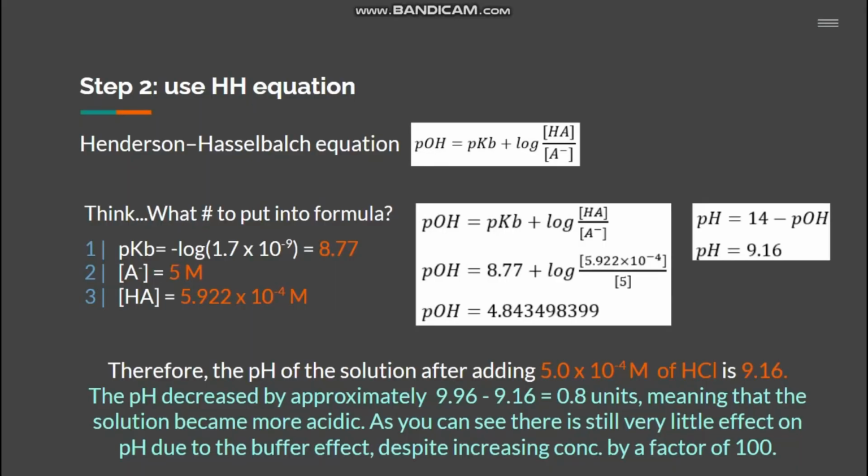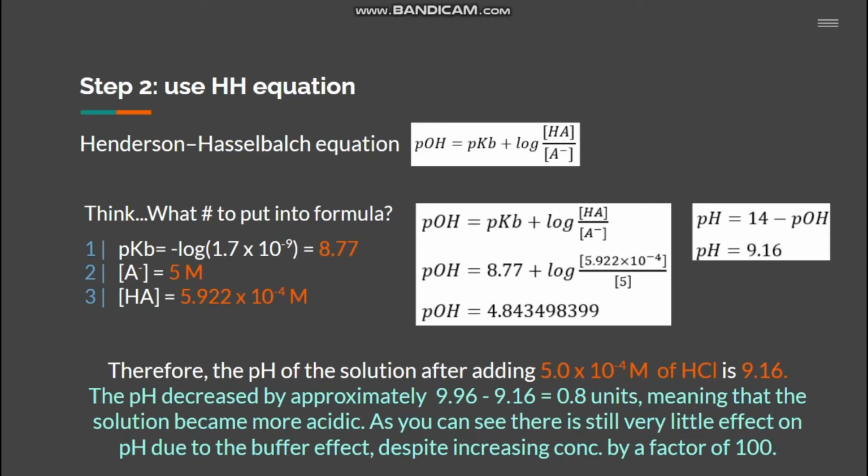pKb value is still constant, and we sub in our A and HA equilibrium concentrations into the formula to get the pOH and then subtract it from 14 to get the final pH of 9.16. The buffer effect is still in play as the pH only decreased by 0.8 units despite adding a lot of acid. This is due to pyridine using up the acid to form pyridinium ions, allowing less acid to contribute to